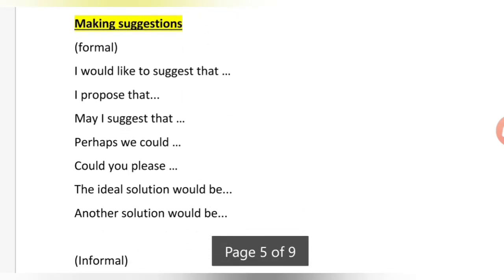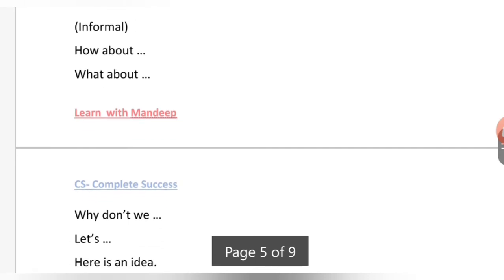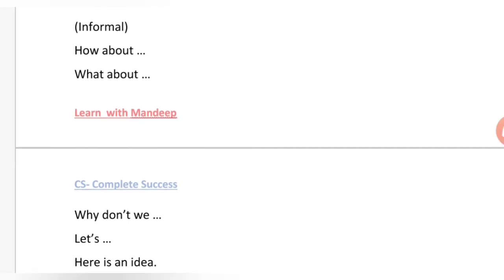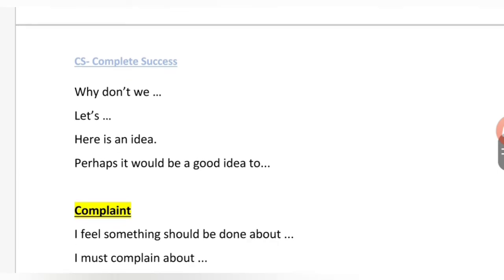Then for making suggestions, formal: I would like to suggest that. I propose that. May I suggest that? Perhaps we could. Or if you are giving any suggestion, then you can use the word solution: the ideal solution would be. Or if you have to give two solutions, then you can say another solution would be. For informal, you can use how about, what about, why don't we, why don't we meet tomorrow,